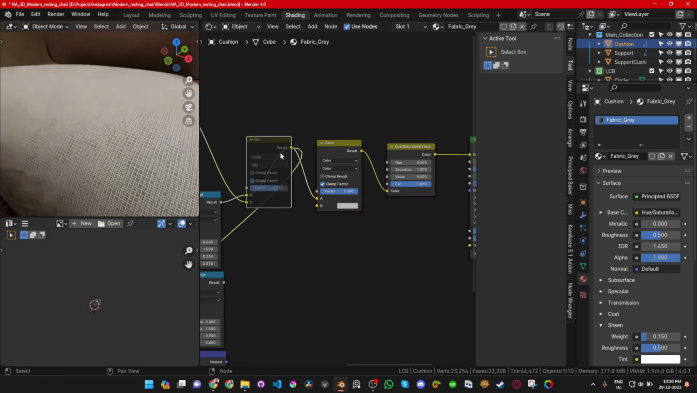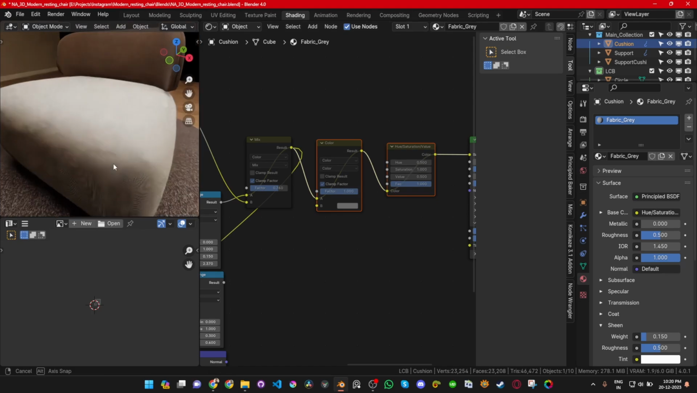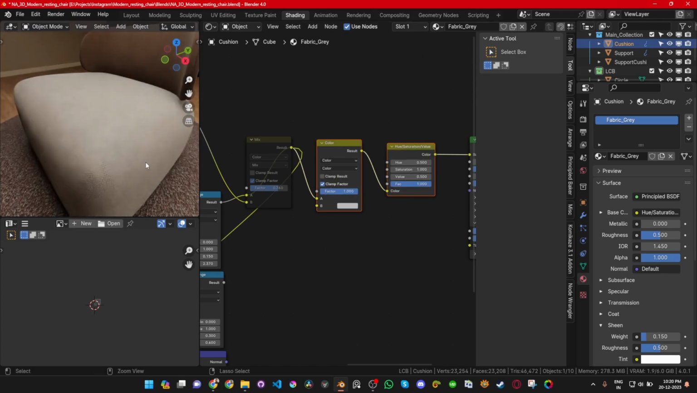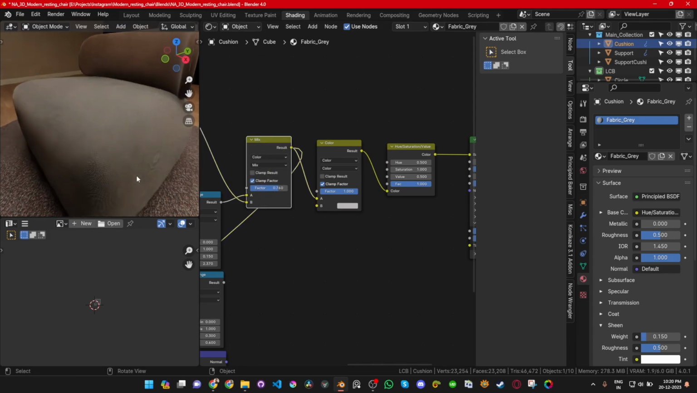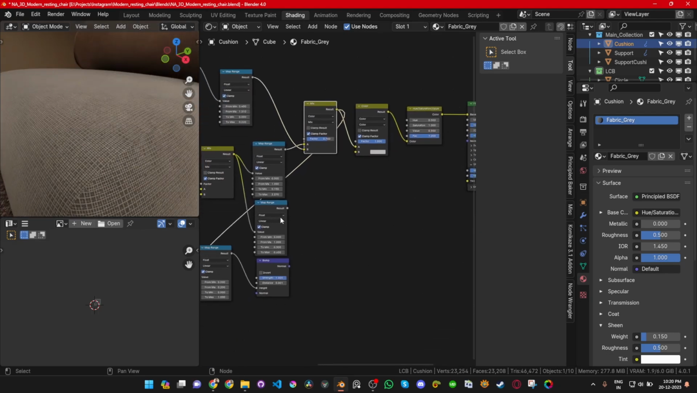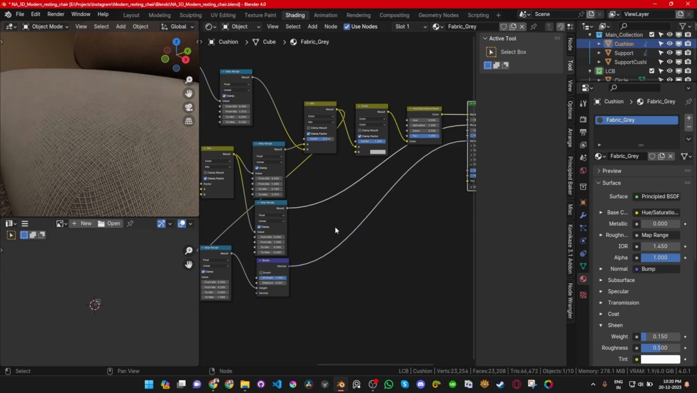Without this one, you will be missing a whole lot of details. And it's still looking brown because of the lighting. I'll be doing another video on lighting. Okay, so for the roughness and normal, yeah,